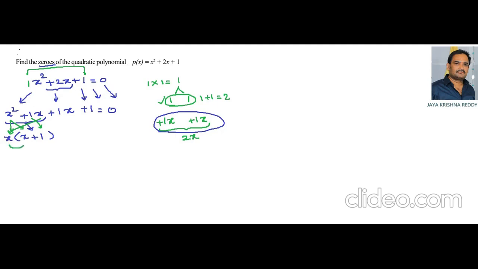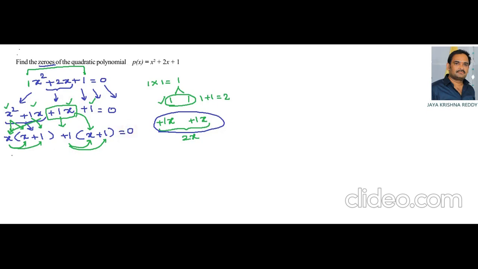Multiply this x with x into x, x square, and x into plus 1, it is 1x. Now write the term which is in the bracket, x plus 1, one more time x plus 1, and compare with the third term, that is plus 1x. That x is already written in the bracket, so the remaining term is plus 1, so we have to write that plus 1 outside. So here you can check again, plus 1 into x is plus 1x, and plus 1 into plus 1 is plus 1